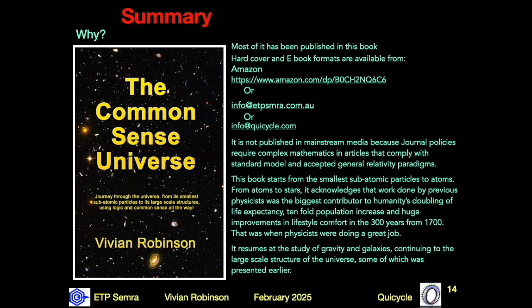Yet those journals are happy to accept articles that continue the general relativity paradigm that has a difference of 24 times 10 to the 60 between their theory and observation. Such is mathematicians' dominance over physics that they are now hindering further important development. Some suggest they are also hindering advances in other aspects of humanity.